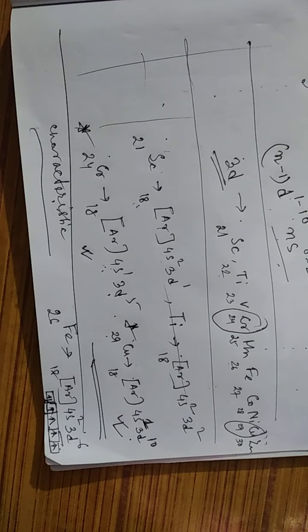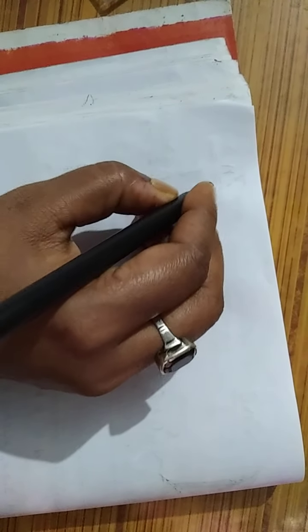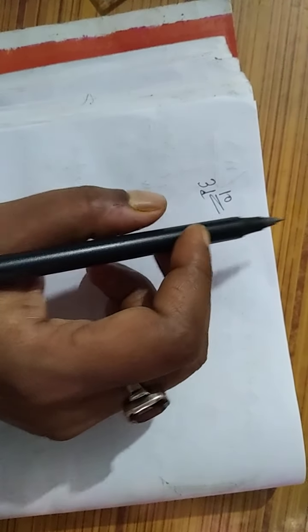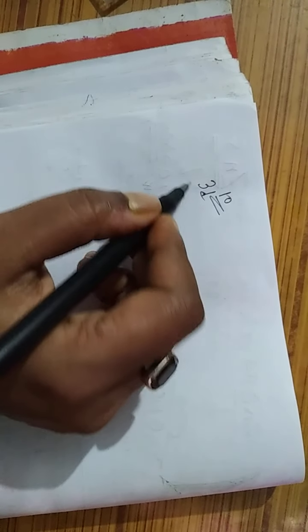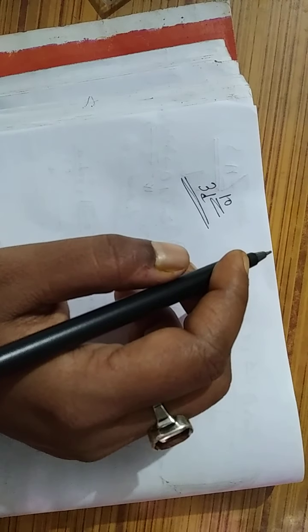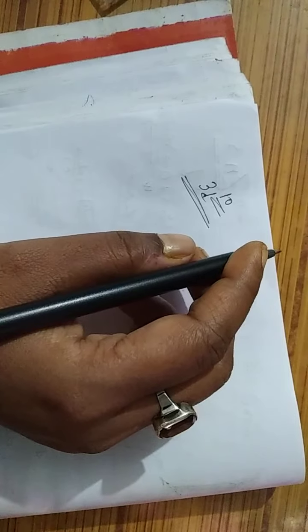So can we consider copper as a transition metal? Copper and zinc. I already told you the copper electronic configuration. Now zinc and copper both have the 3d10 configuration. I said the d should be incomplete. Either it should have unpaired electrons, or it should have any empty orbital, but it is completely filled up, isn't it? So in the case of zinc and copper, can we consider copper as a transition metal?